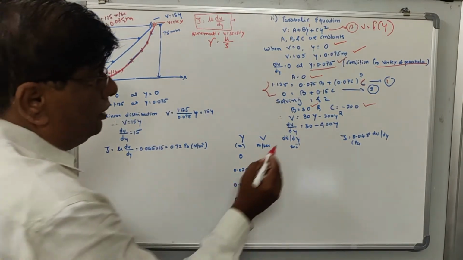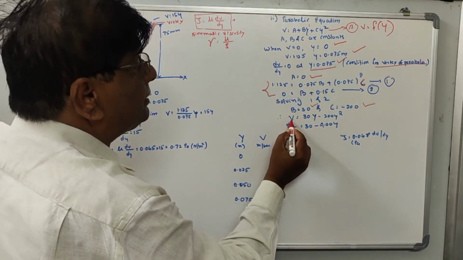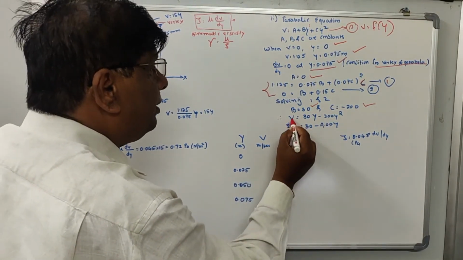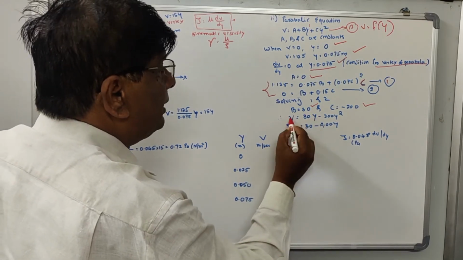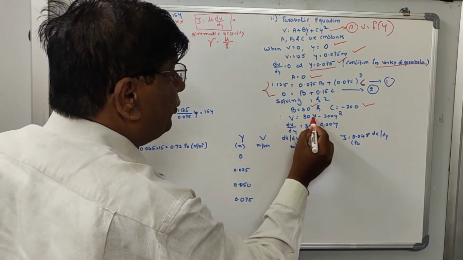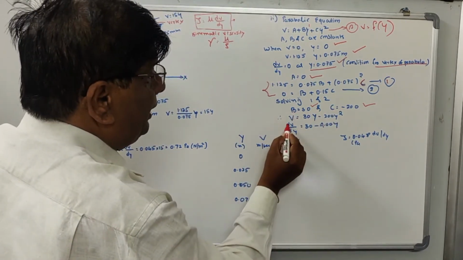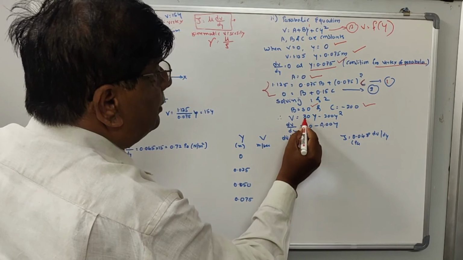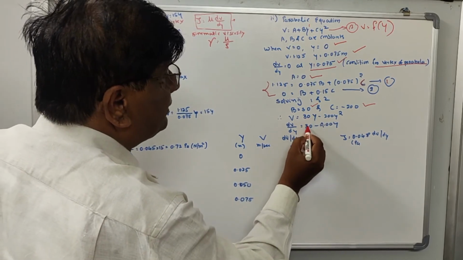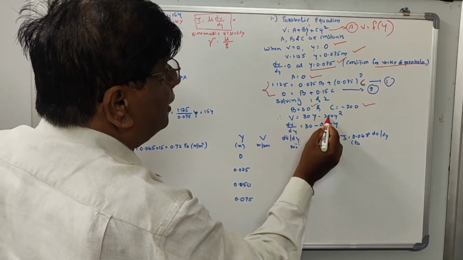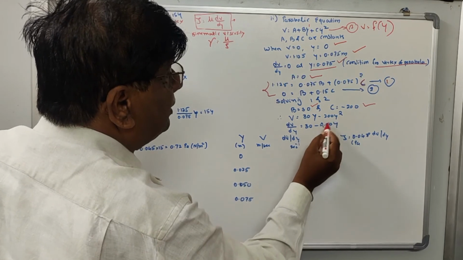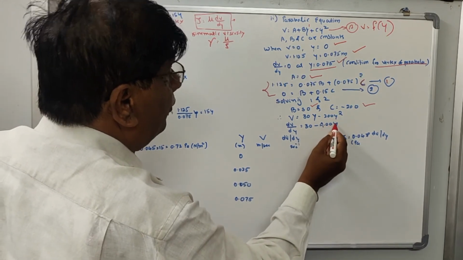So now again here this is a second order equation, but still the function is only, that is v varies only with respect to y. So you take the total derivative of this velocity. So dv by dy is equal to the differentiation of 30y is 30 minus 200 y square. So differentiation of this is 400 into y.